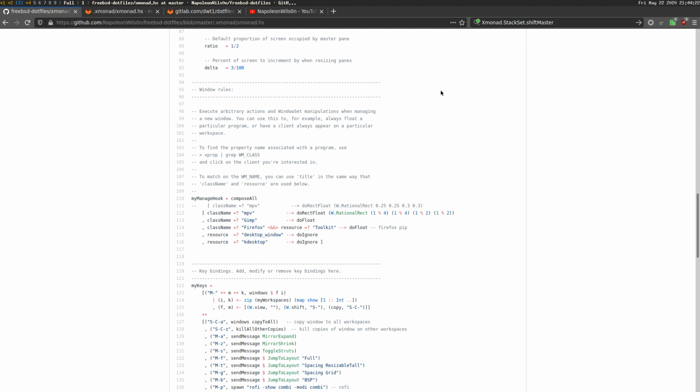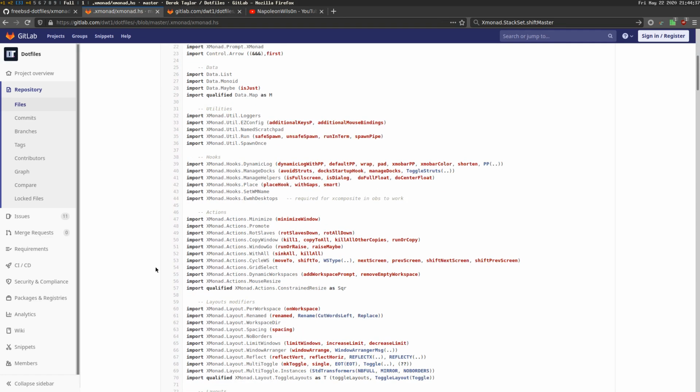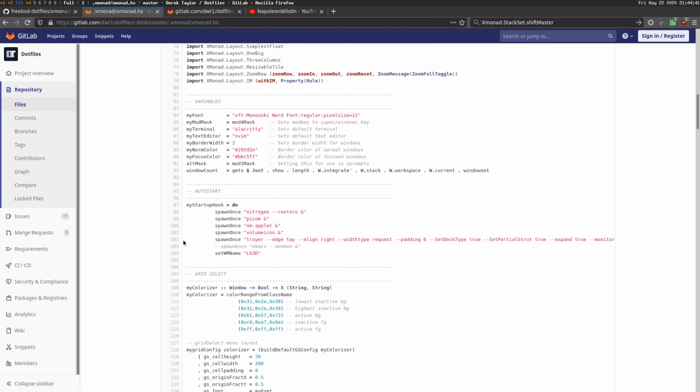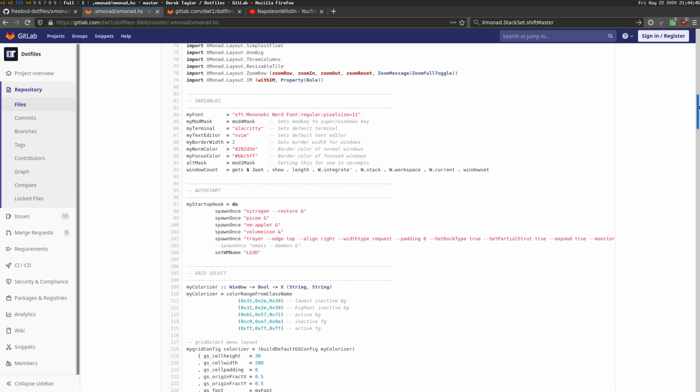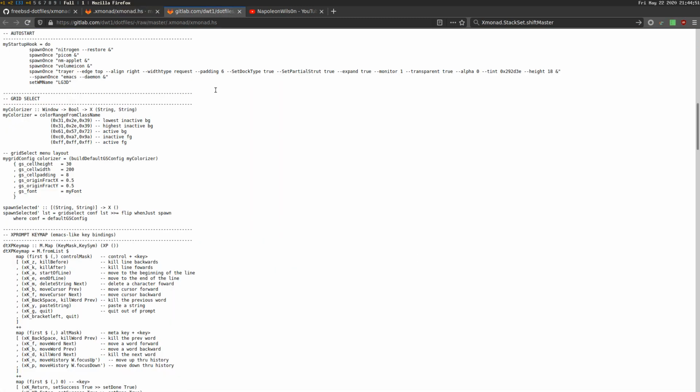And I think what you need to do is search for DistroTube GitLab and have a look at DT's xmonad file. If I come down to, I think it's line 102 down here, I'll come across into the raw mode so that you can actually see the full bit of text. So if you select open raw, it will open the file as a raw text file, and you can see under the myStartupHook,